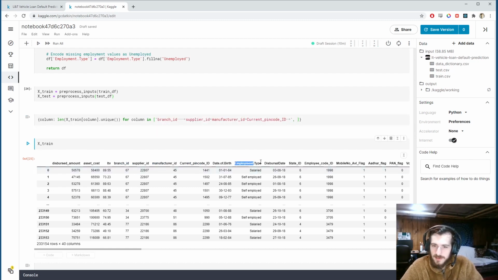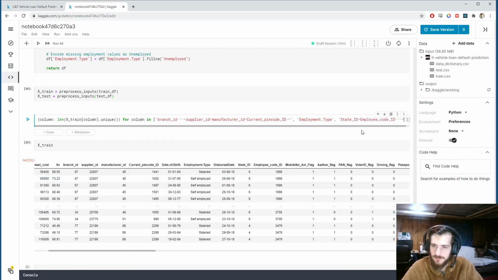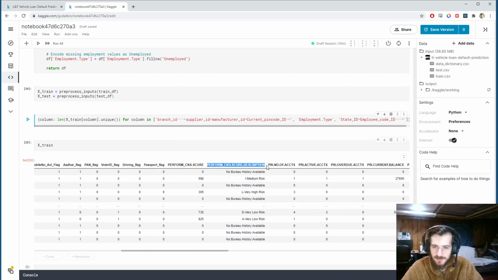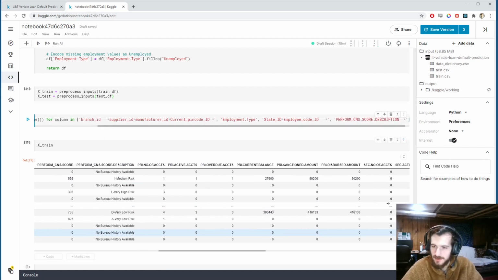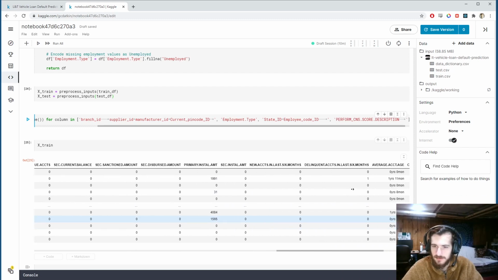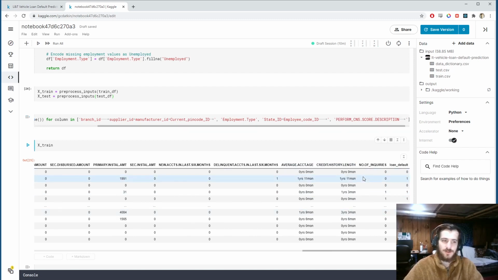Then we have employment type. This is categorical. We actually know how many we have in there already, but I'll leave it on. Then we have some more IDs right here. And I think there's just one more in here, which is this one. I think all the rest are numeric. Just double check that. These are all like counts and balance amounts. Amounts, counts, yeah. And then at the end, well, we have this, but these are really sort of two numerics